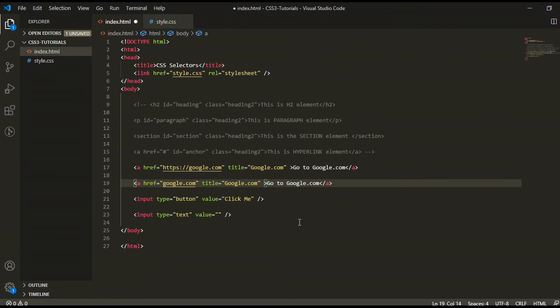Now I will give www.google.com, or you can change it for a better difference to yahoo.com. Also change the title.